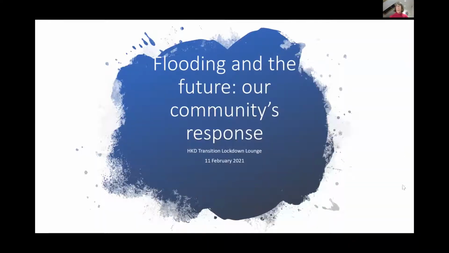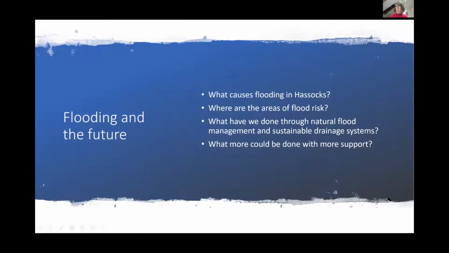So what we're going to talk about tonight is flooding and the future, but we're also going to talk a bit about the past. So we're looking backwards and we're looking forwards. I'm going to do the first bit and talk about what causes flooding in Hassocks. Then I'm going to hand over to Rob, who's going to show you some maps and some very clever interactive maps that show where the areas of flood risk are and some of the historical reasons behind those areas of